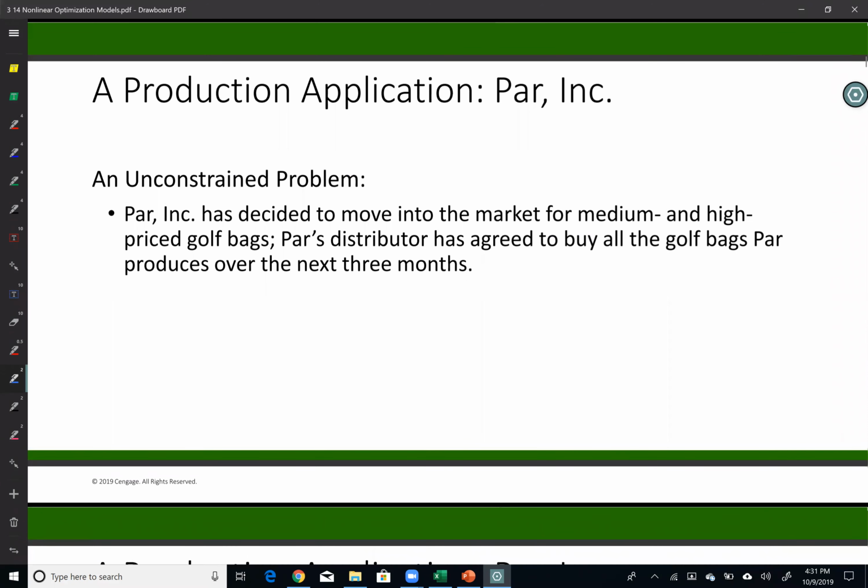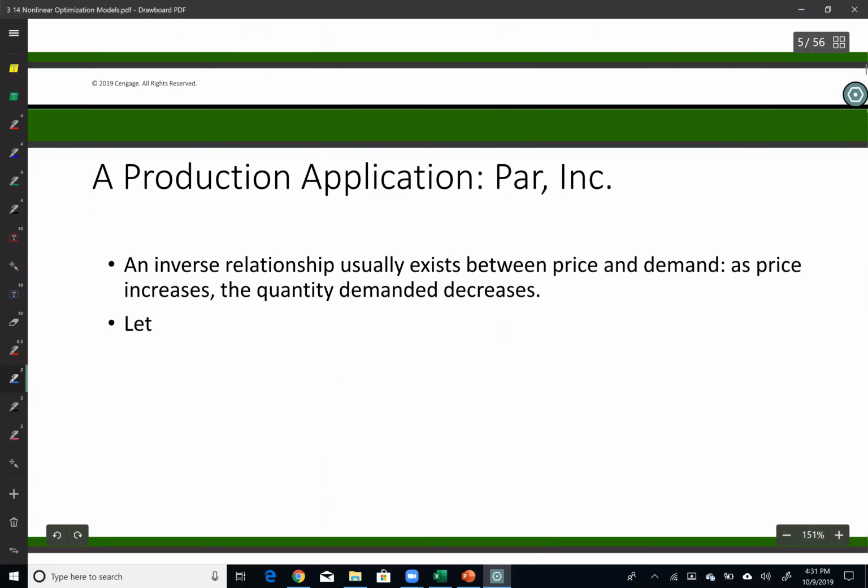So let's say in this problem, Par Inc decided to move into the market for medium to high price golf bags, and their distributor agreed to buy all the golf bags from them for the next 3 months. Okay, that's good news. So in this problem, I would like to first define the